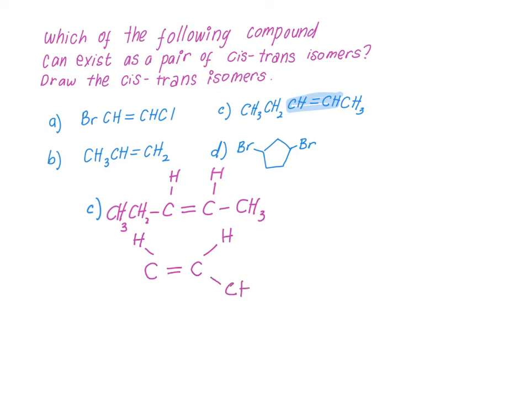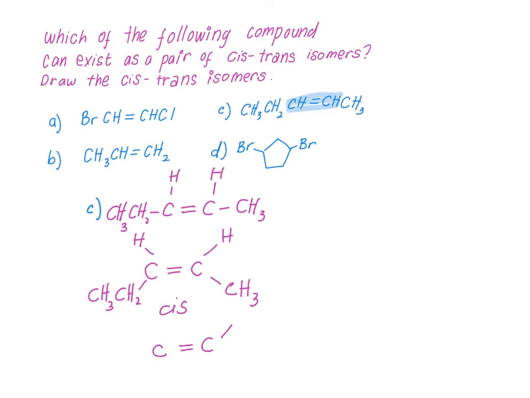Okay, even though CH2CH3 and CH3 are different, I mean this group is not the same as this group, but still this compound can be said to be the cis isomer, since it has the same atom bonded at the same side. So this one I'm going to label as cis isomer,